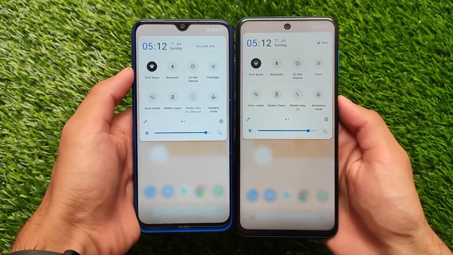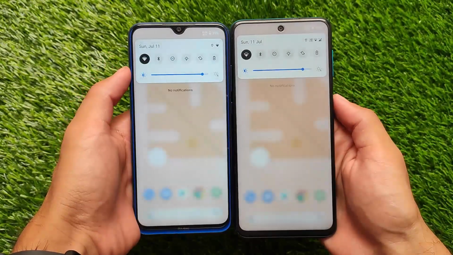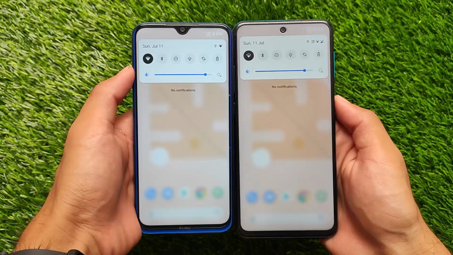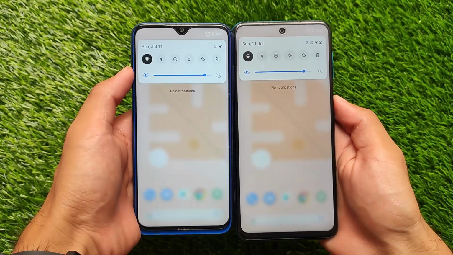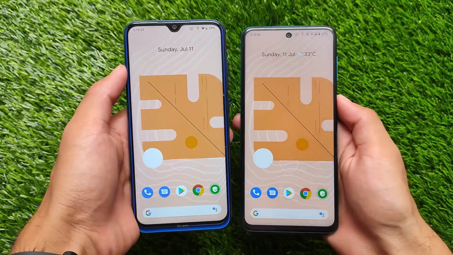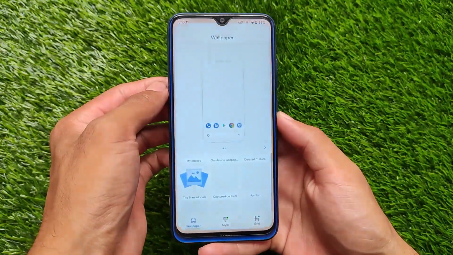Talking about the normal quick settings panel, it looks quite good here. You can customize these things, by the way, even the blur, as you can see, which you can simply disable if you want to, and after disabling the blur you need to reboot your device to make that effect. But things are quite good. If you enable the blur you might face a little bit of lag, but that's not the major issue.